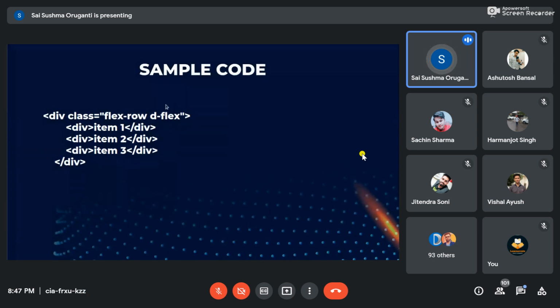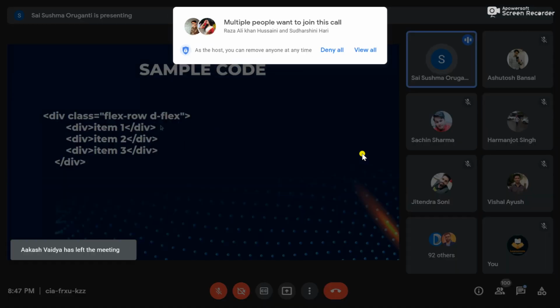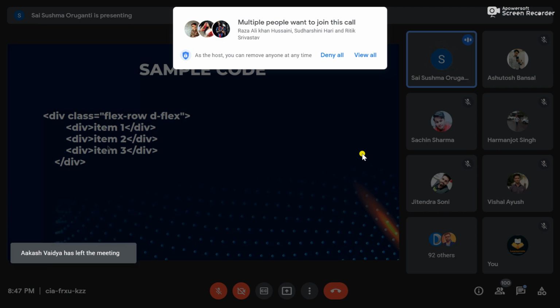And we have to use display flex mandatorily in everything. And there are three divs: item 1, item 2, item 3. And I have said, right, apple, mango, banana, whatever you think, these are all the items. You have to arrange 3 items in a flex row, in one row. So you will use flex for equal spacing and responsiveness. Okay. This is nothing but a flex.